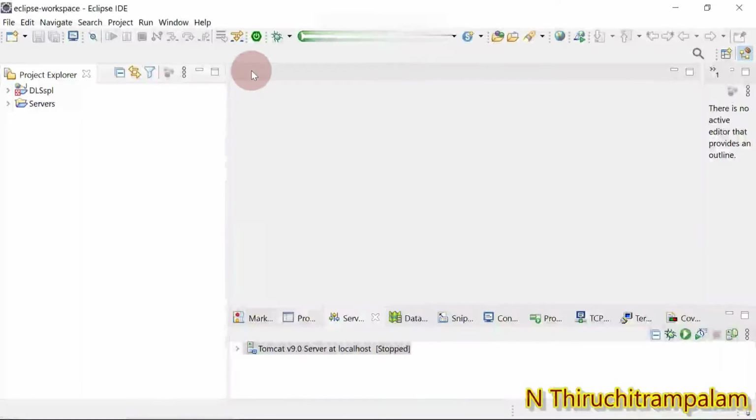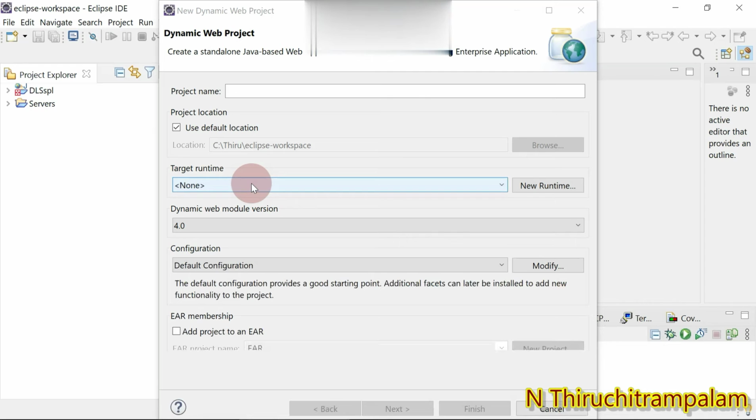Let me create an AngularJS application, a dynamic web project. Here we just need to give a name.